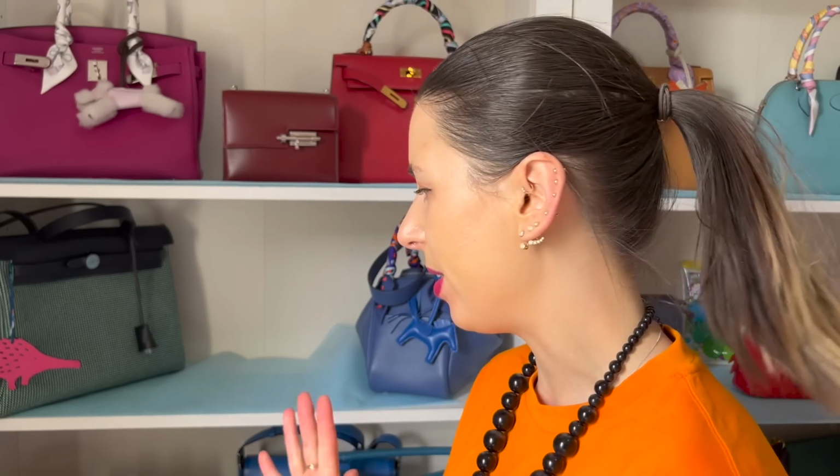Next bag I want to talk about is bags that are too small. So this bag I've tried to sell a few times. It's actually for sale on my Instagram if you're interested. But the reason why this bag is really annoying, and this is going to really sell it for you guys, is because it doesn't really fit anything. It does fit an iPhone 12 mini, and